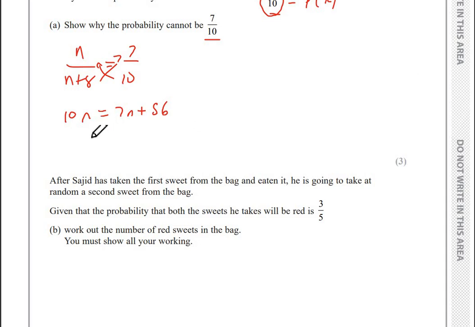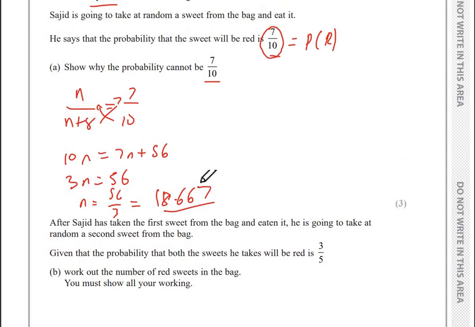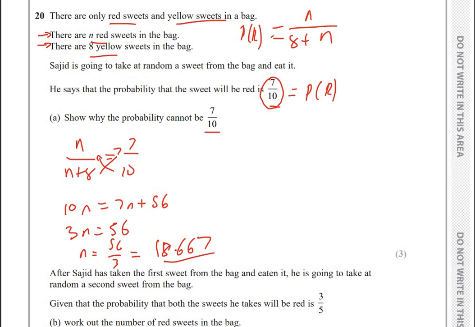Subtract 7n from both sides, that gives us 3n equals 56. So n equals 56 over 3. What does that give us? 56 divided by 3 equals 18.667. Alright, so notice here that we have a rational number, 18.667, and we can't have 18.667 red sweets in